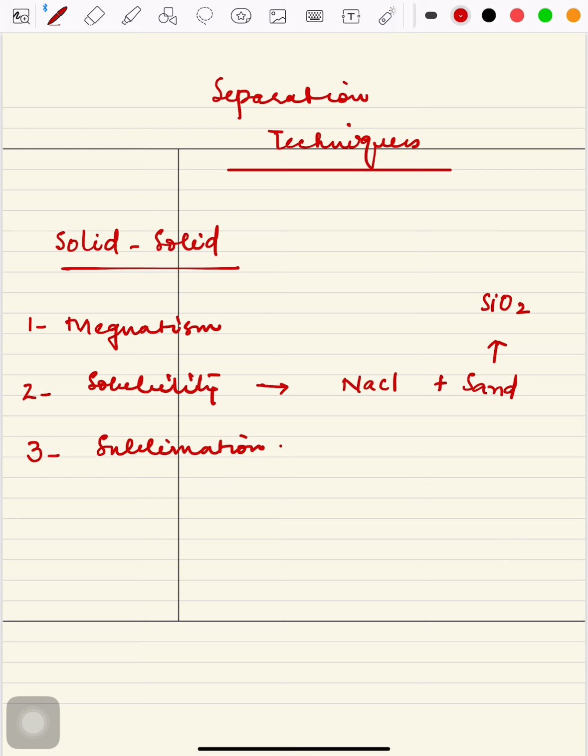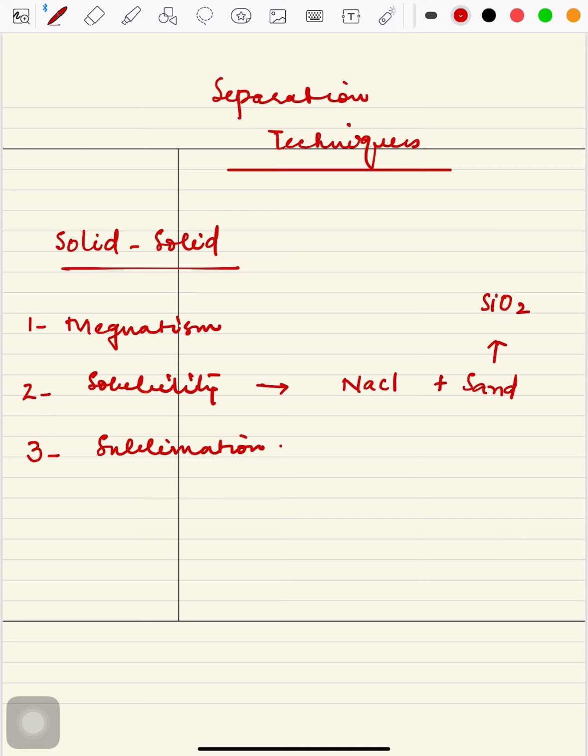Glass rod is nothing complicated. When I was introducing you to the syllabus related to apparatus, I discussed this in the previous YouTube lectures. A glass rod is basically a thin rod made up of glass, and it is used for stirring, for mixing the whole content. So when sodium chloride and sand are added to water, what will happen? Sand will settle down at the bottom, whereas sodium chloride will become part of that water.